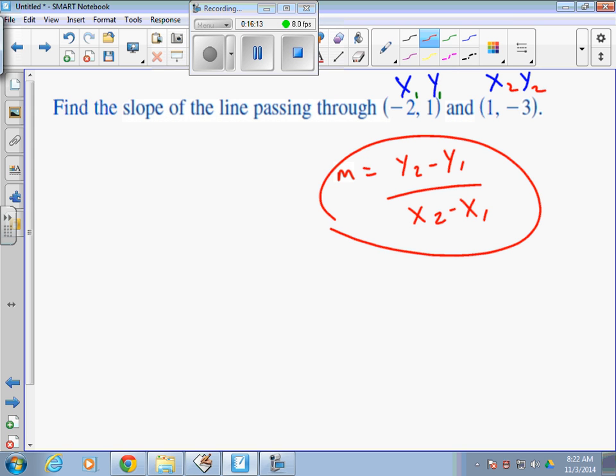First one it asks for is y sub 2, negative 3, minus. Next one it asks for is y sub 1, 1, over. First one it asks for at the bottom is x sub 2, 1, minus x sub 1, negative 2, minus